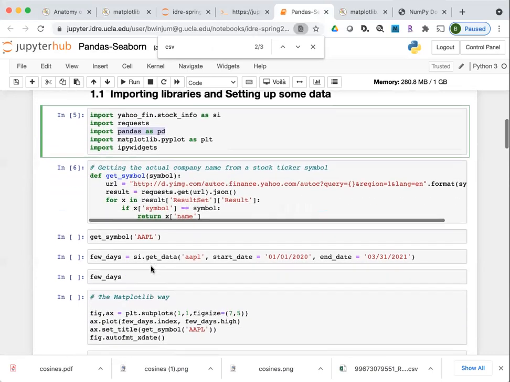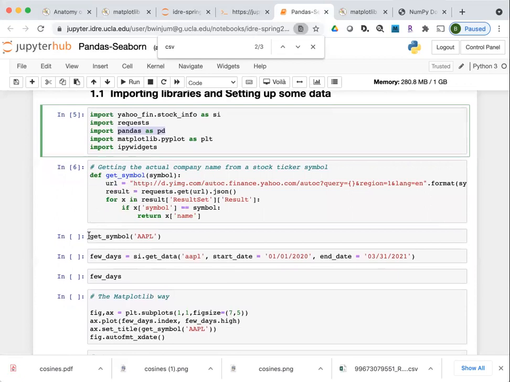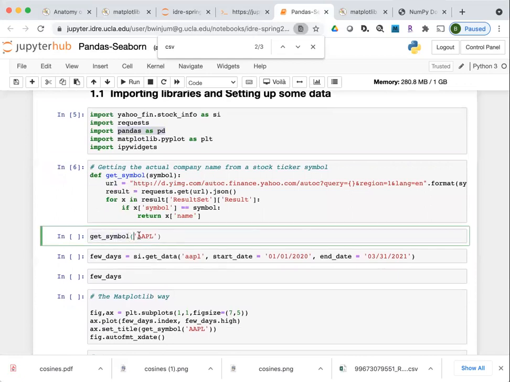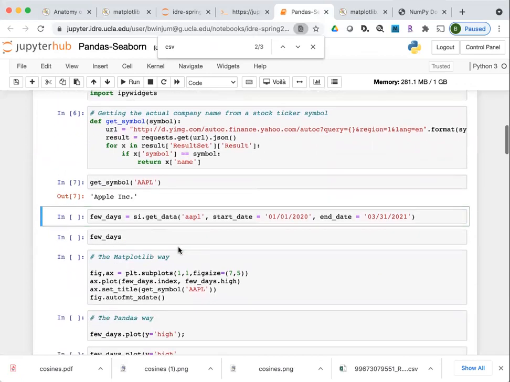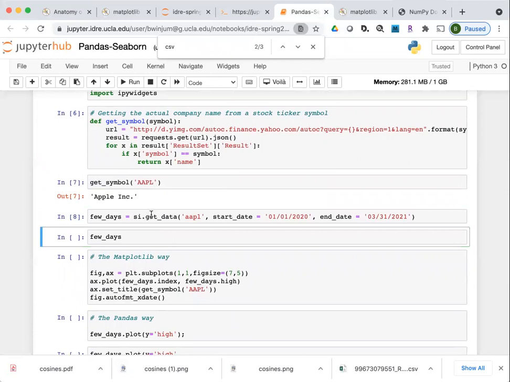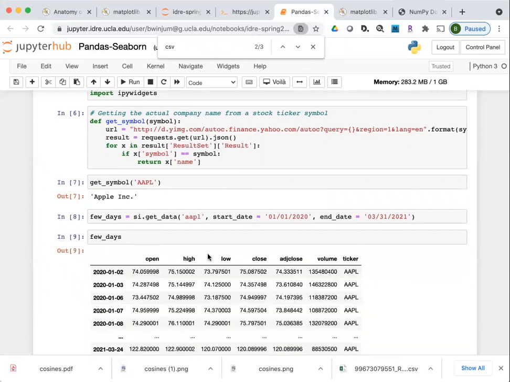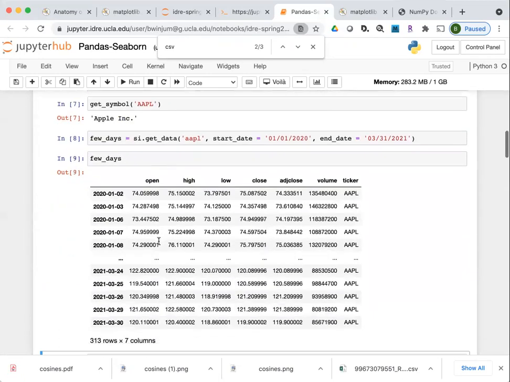Then this function I've set up so that I can pass in a stock ticker symbol, and it will give me the name of the company represented by that ticker. In this case, AAPL is the stock ticker symbol for Apple. si.get_data just gets financial data, in this case about Apple, and passes it into a variable called few_days.